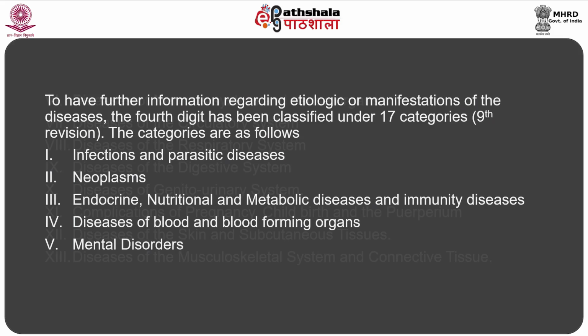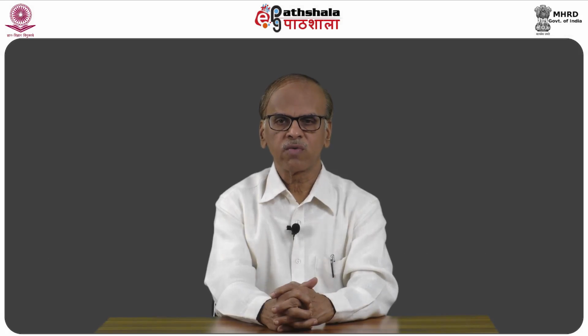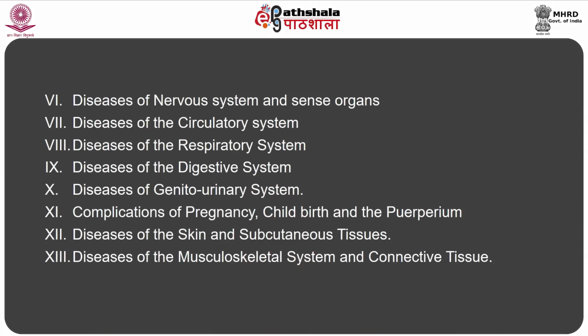The categories are as follows: infectious and parasitic diseases, neoplasms, endocrine, nutritional, metabolic diseases and immunity disorders, diseases of blood and blood forming organs, mental disorders, diseases of the nervous system and sense organs, diseases of the circulatory system, diseases of the respiratory system, diseases of the digestive system,